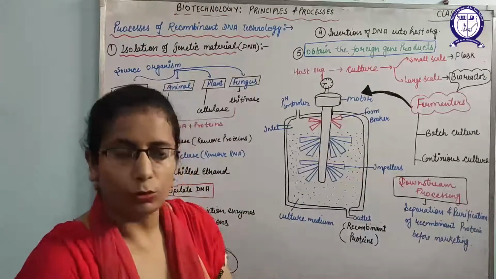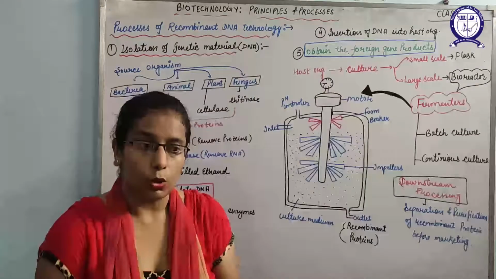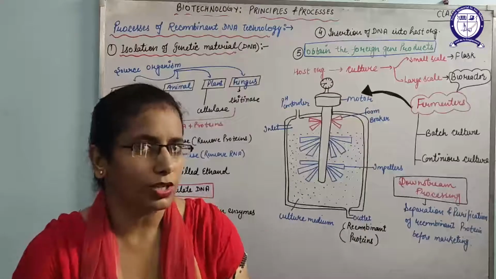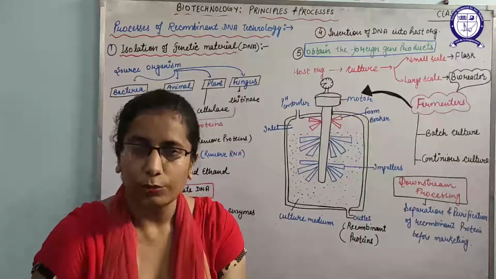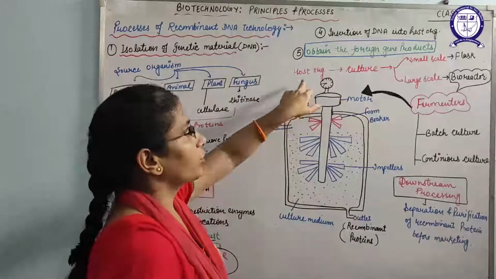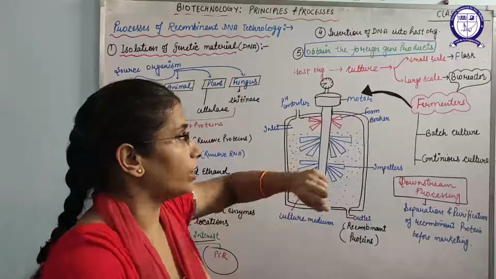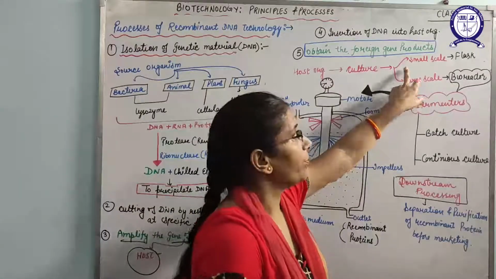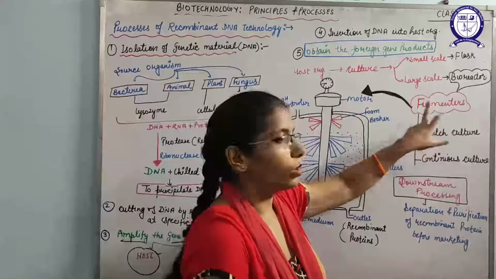Now the next step, we have to focus on how we can obtain the recombinant protein, because we have added the recombinant DNA into the host organism. Now that host organism is the heterologous organism from which we can obtain the foreign gene. But the question arises, where and how? So that host organism should be cultured to obtain the recombinant protein. But that can also be done on two scales. Either on a small scale in the laboratory, or on a large scale in bioreactors that we also call fermenters.